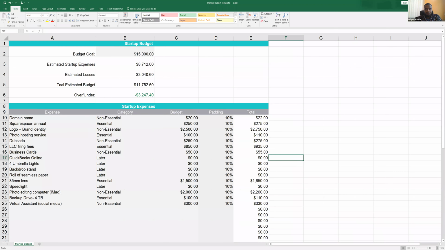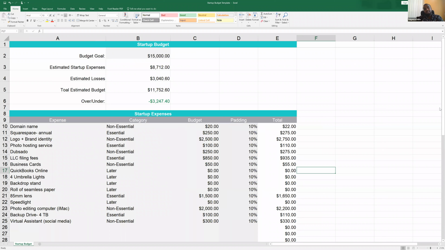Let me increase the font so that you can see. So basically this is a template of a startup budget, which I usually come up with, and I'll share it with Phoebe so that if you want to use this template, you can use it. You can edit to suit your needs, so that when you're pitching your business to investors, you know what is